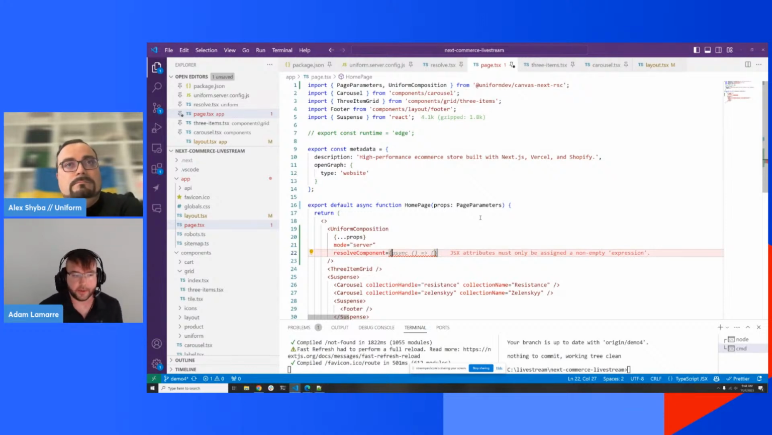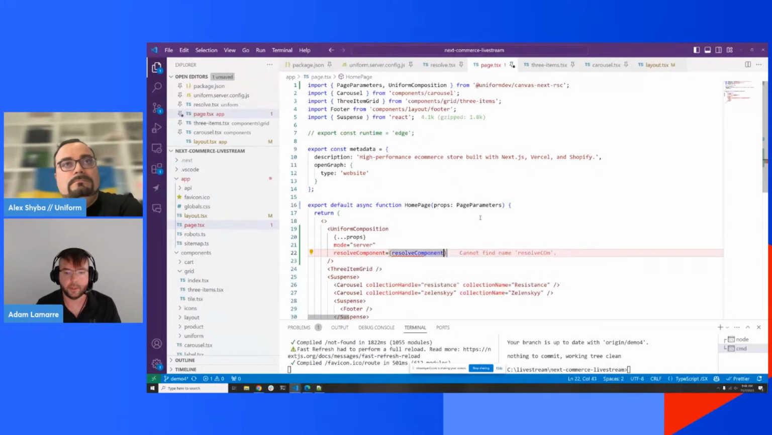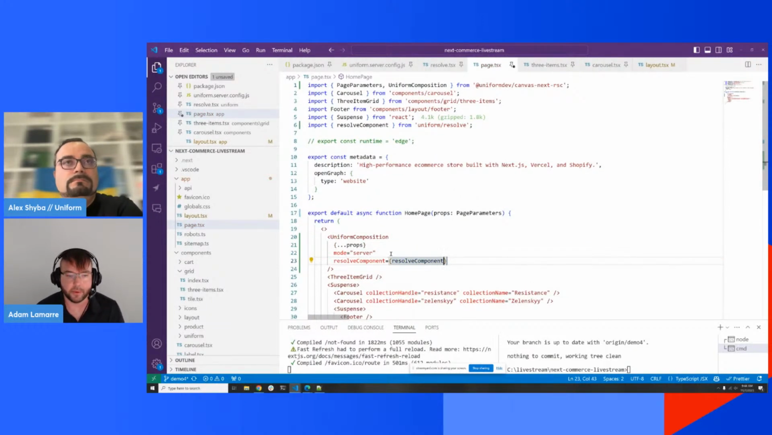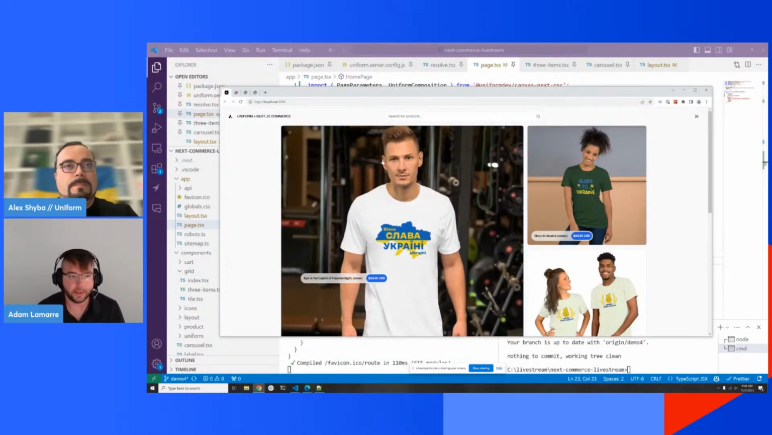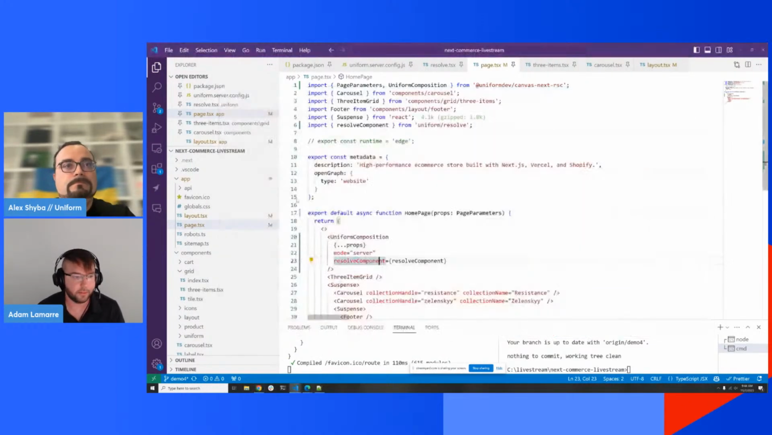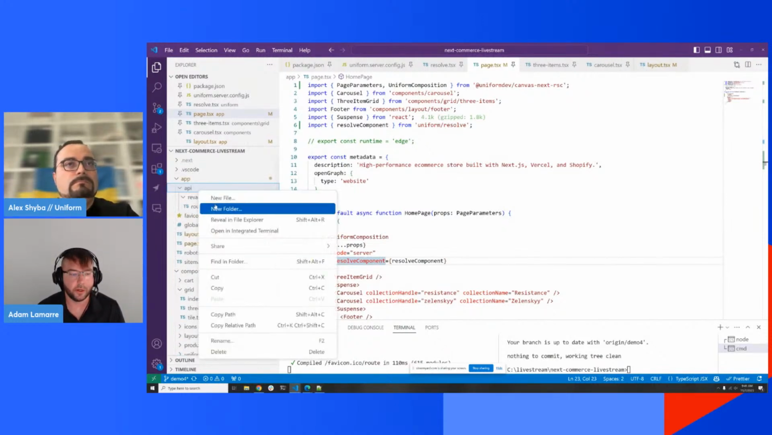And then we need to use that resolve component function that I showed before. This will allow us to make that connection between mapping components that we define in Uniform and React components. So save this, and we should end up with the same exact page, which is perfect. And we actually have 2 more things. They're kind of just higher level things for